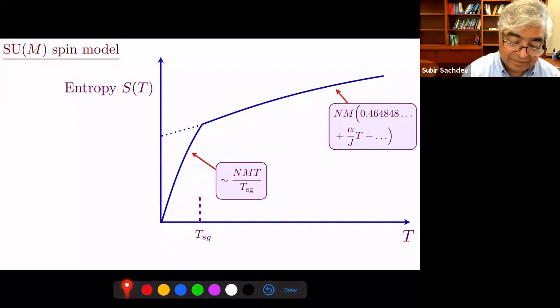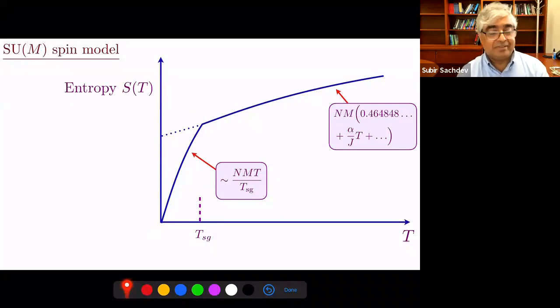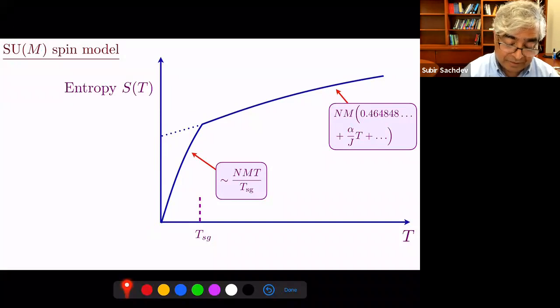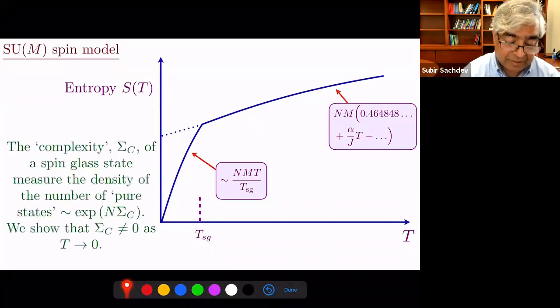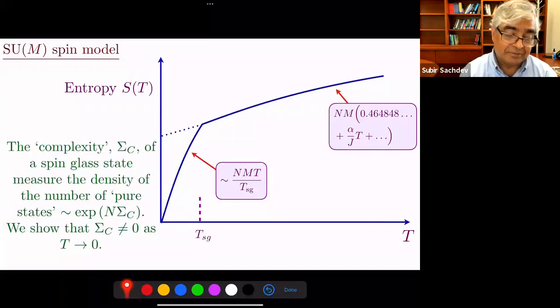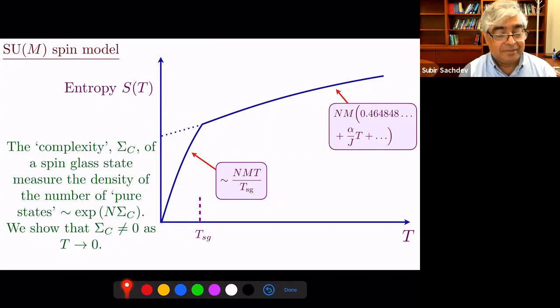So there is a temperature, the spin glass condensation temperature, where this entropy actually goes back down to 0. Initially that sounds really bizarre. You had all this entropy, you had all these quantum states. What's happening to them? I thought the spin glass had many, many states. Why don't I see that in the entropy? Well, the reason you don't see it is because what we're talking about here are pure states. In other words, in the spin glass there certainly are many, many ground states, but those ground states are disconnected from each other.